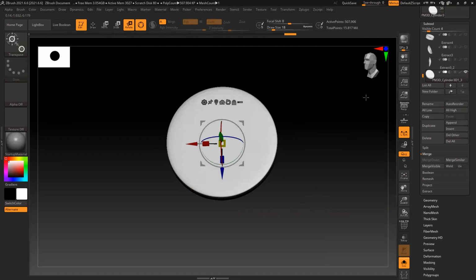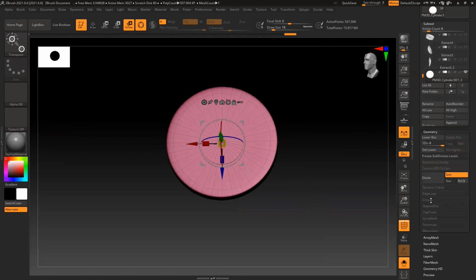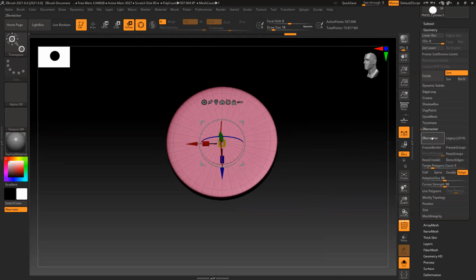First, the center triangulation is never good, and it will create problems. So I'll zoom in on the model, do Dynamesh, Remesh, everything. Then I'll subdivide and apply some alpha.